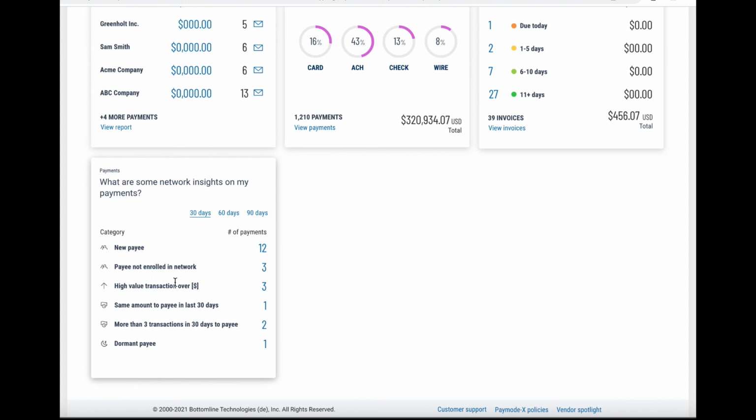If you have payees that are not enrolled in your network, or if you are making a payment that is a high dollar value transaction, or if you have a payment that is going to the same payee in the last 30 days, or if you have more than 3 transactions going to the same payee in the last 30 days, or if you're making a payment to a dormant payee, those will be categorized in these categories. It allows you to quickly click on any of these and jump to those payments to take a closer look. They may or may not pose a risk, but it allows you to gather network insights from Paymode dating back